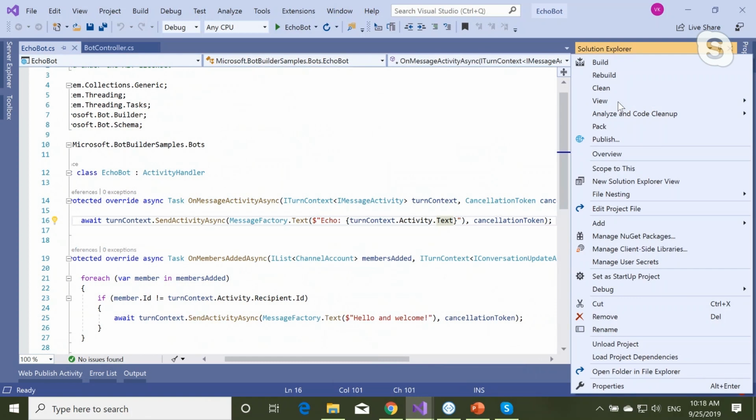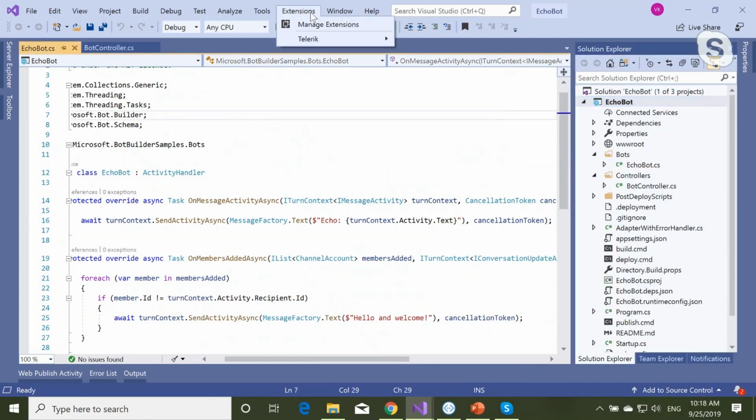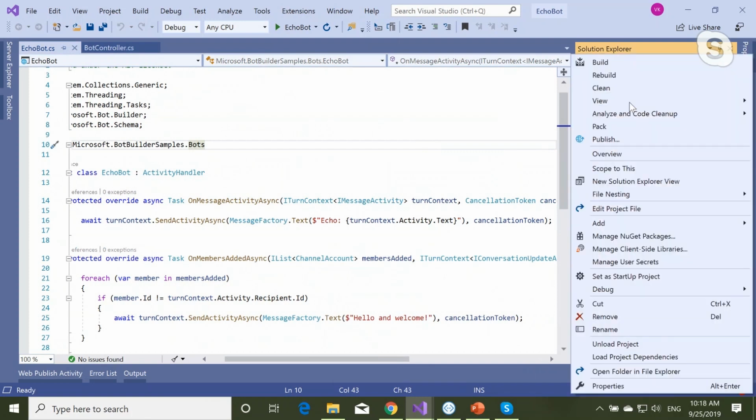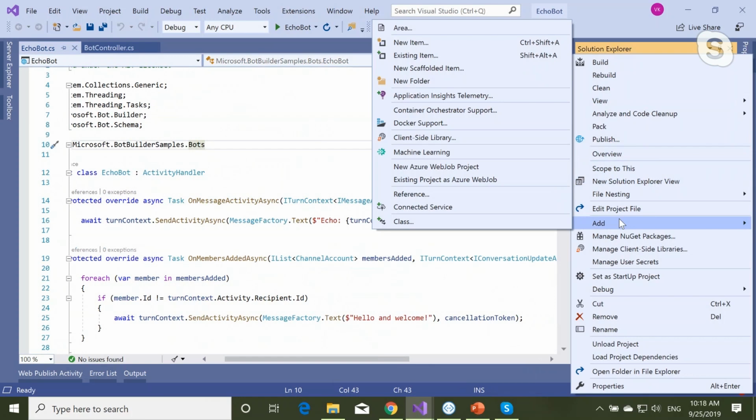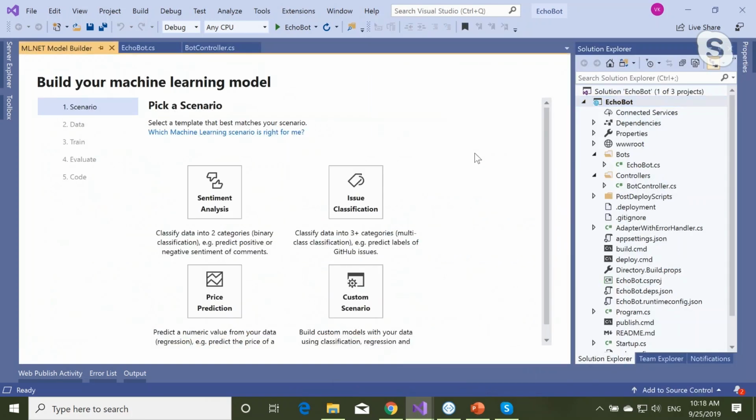using the Model Builder. I already installed Model Builder, but if you don't have it in your Visual Studio, there is lots of documentation on how to get it. Basically, you go to the marketplace or you manage your extensions right from your Visual Studio, and you get ML.NET Model Builder. It's still in preview, but I think it's working great. So when you have that extension, you go here and you add machine learning.